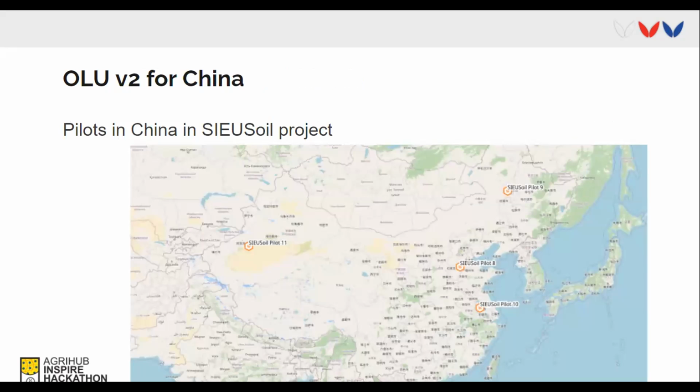Now we come to China. In China, it's a similar situation as in Africa. There are not so many public data sources available. So here we have, let's say, 4 pilot locations within this SEA soil pilot. These are some agricultural areas in China, and we do some analysis of the interconnection between land cover in these pilot areas with